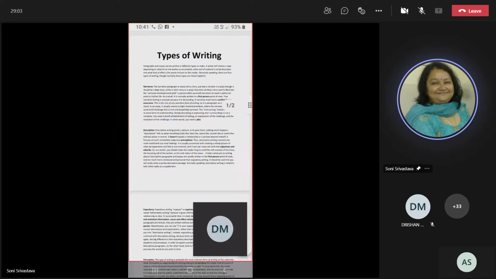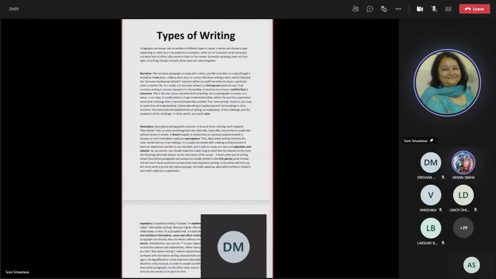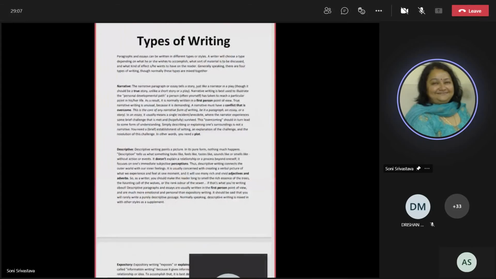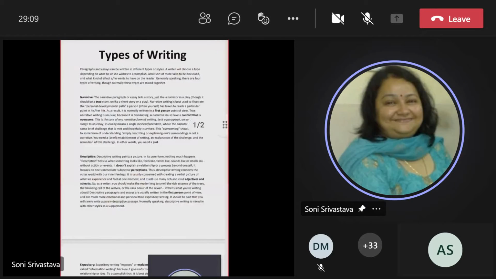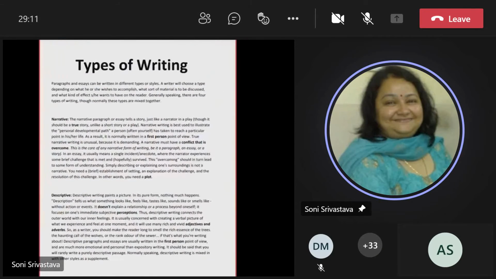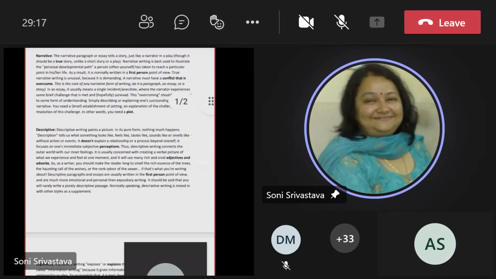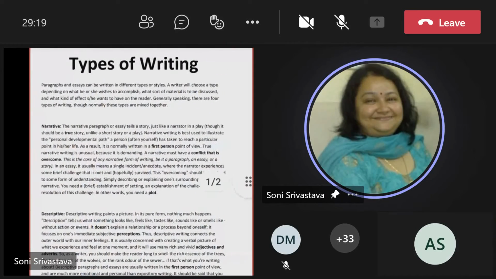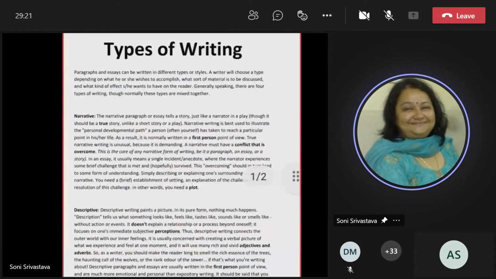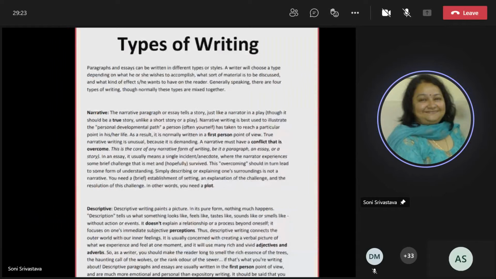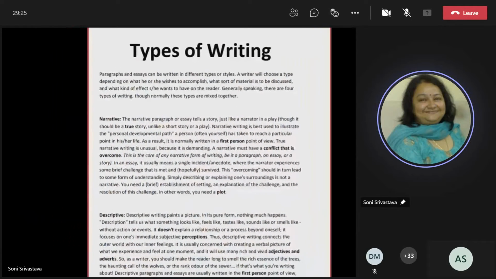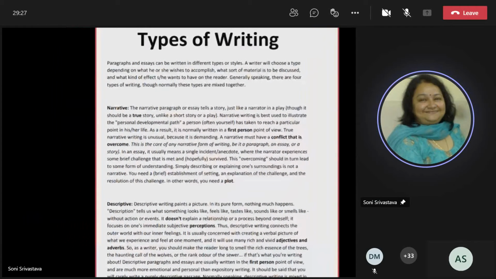Okay. Now, yesterday we had done the reading. Now I'm going to do one by one explanation. Types of writing. Now, the first one is narrative. We come to this, like I have just mentioned to you right now. And in brief, if I have to explain with this entire paragraph, if I just sum it up, I would say that narrative type of writing is anything that happens to a character.